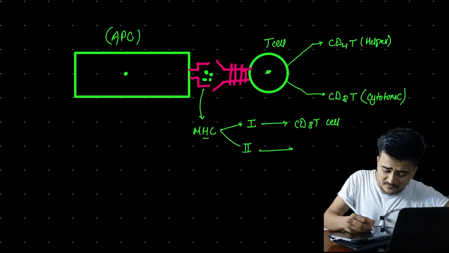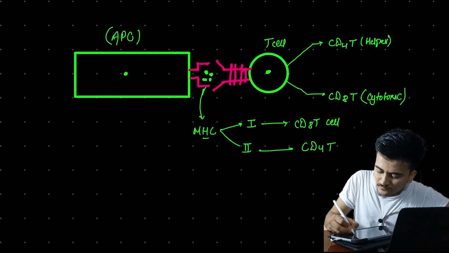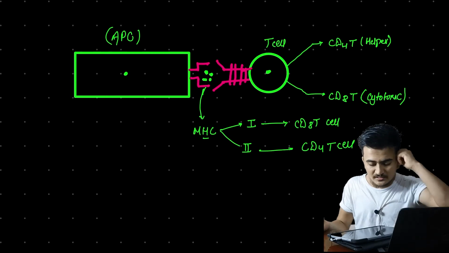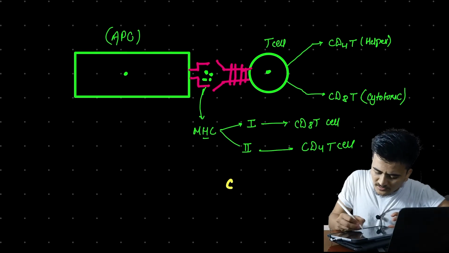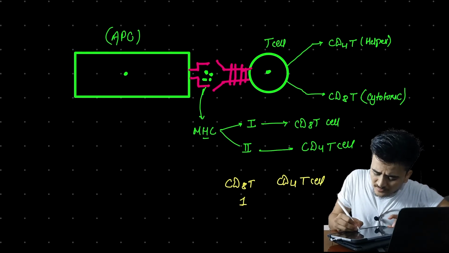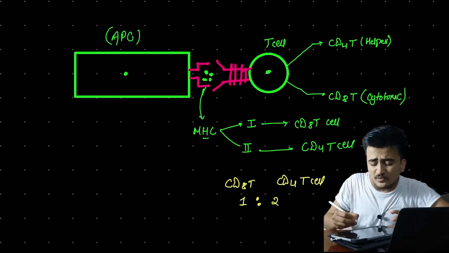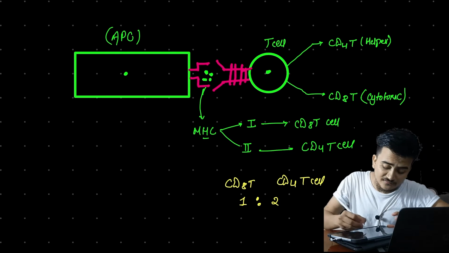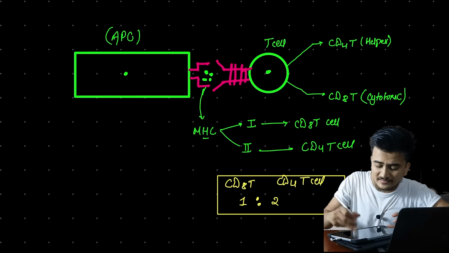And if in this MHC there was MHC class 2, then there will be an activation of CD4 T cell. It's simple, it's easy to memorize. Okay, how? Let me take you toward one fact. While talking about CD8 T cell and CD4 T cell, we get the ratio of 1:2. I mean, the concentration of CD8 to CD4 is 1:2 in our body, and this is the factual data. And from this factual data, we can memorize that